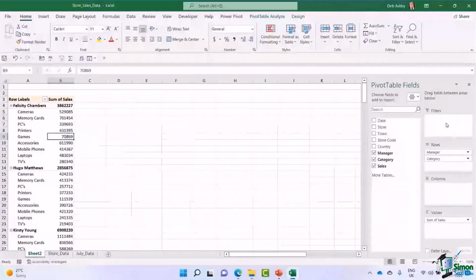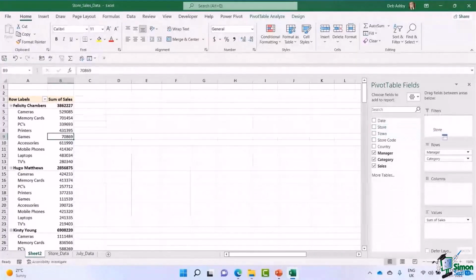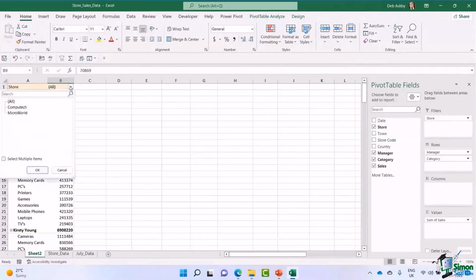Now, what about this filters area at the top here? We haven't put anything into there so far. What we can do is maybe if I wanted to grab the store field, I can grab it, drop it into filters. And if we take a look at the pivot table report, I now have this filter area at the top. So if I'm only interested in this analysis for Computech, I can select it